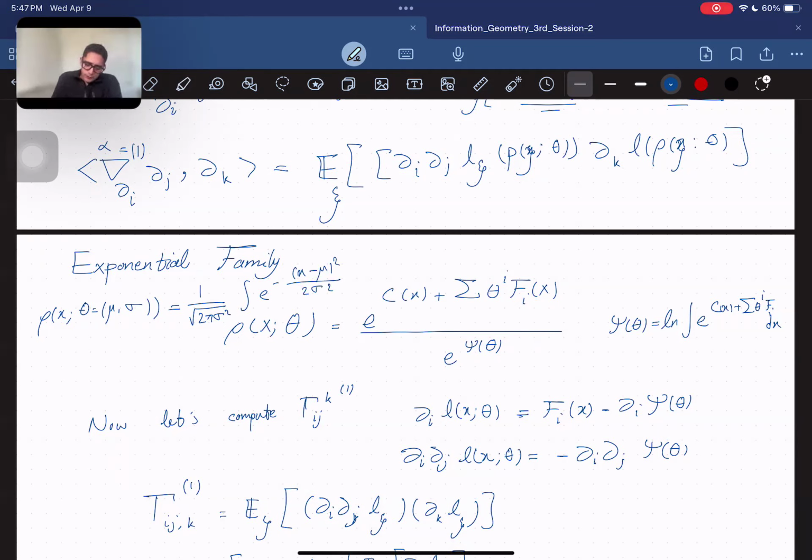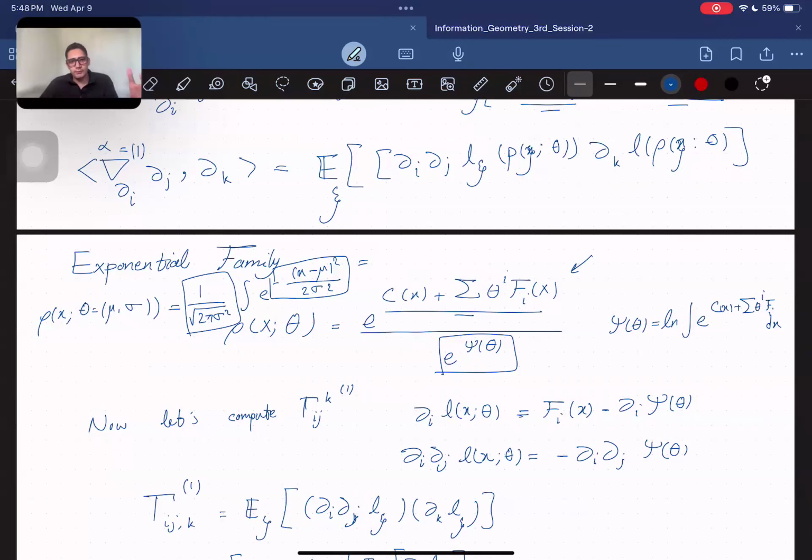So this thing is nothing but this. So there is no connection between psi of theta. It only depends on the sigma. And of course, you can write this whole thing as your parameter system. So you can separate mu and you can separate sigma squared and write the whole thing as this. So already we know Poisson distribution, normal distribution, and a lot of distributions we see are in the